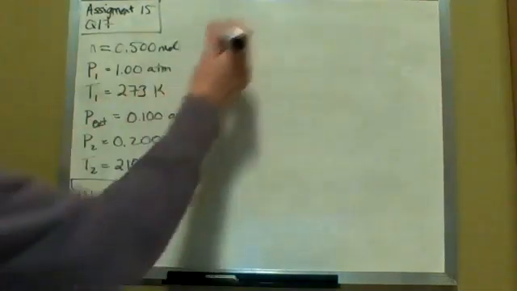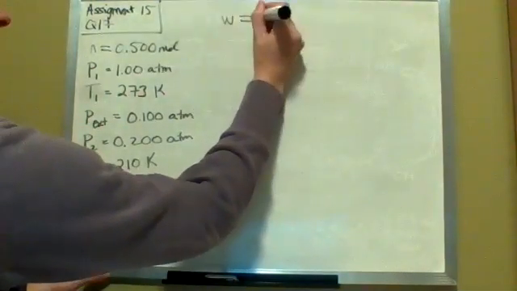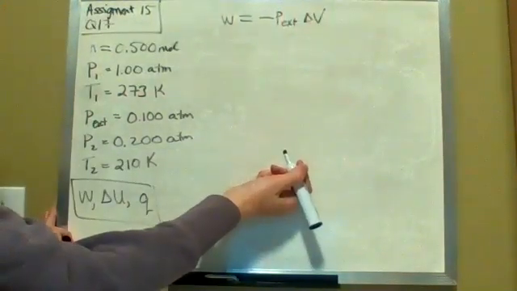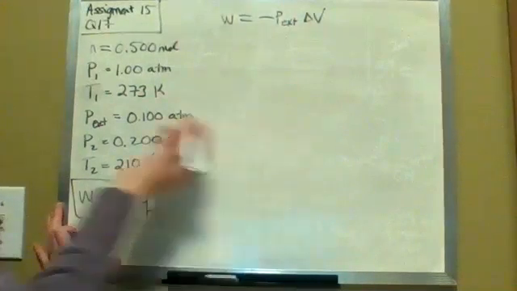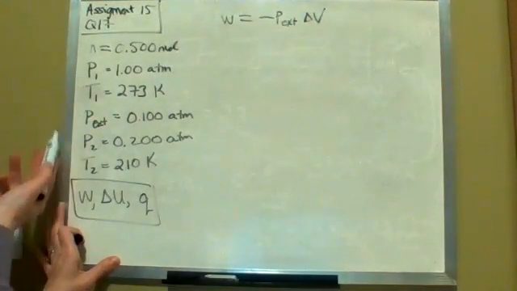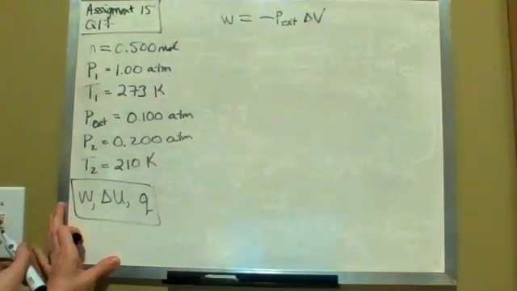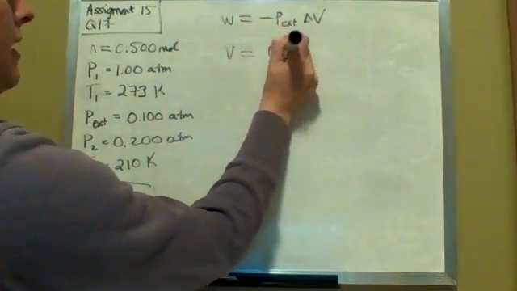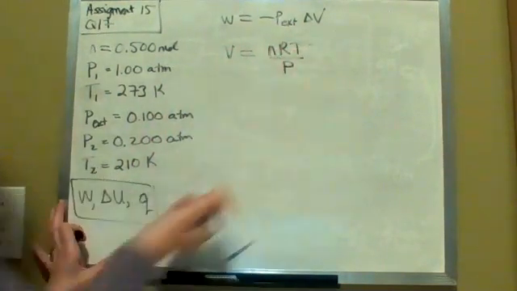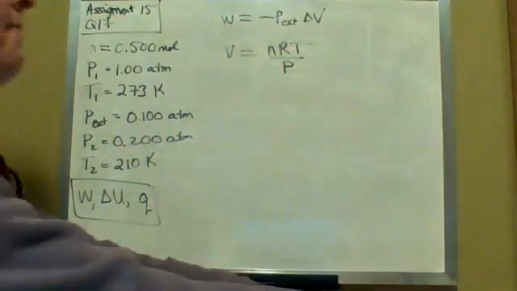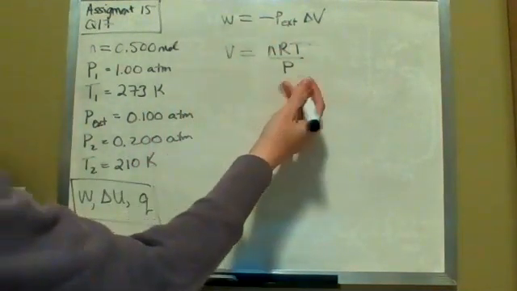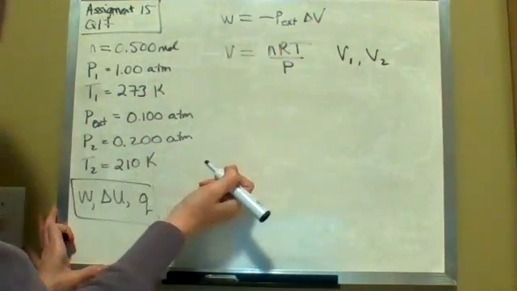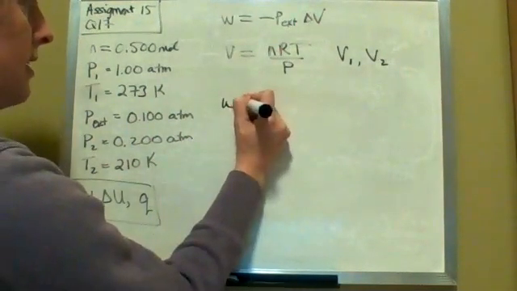So start out with work. Our equation for work is minus P external delta V. We don't have V in this case, but we do have moles and pressure and temperature values for each of the two states, initial and final. You know that volume will equal nRT over P for each of those cases. Now you can either go ahead and solve for V1 and V2, and then plug that back in up there, or you can write everything out together,